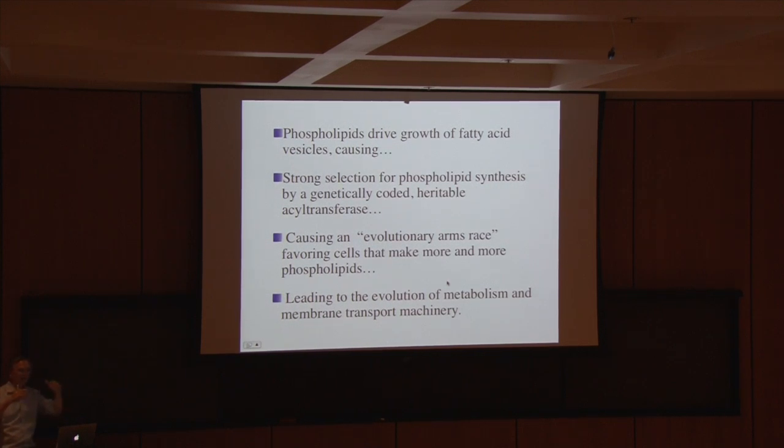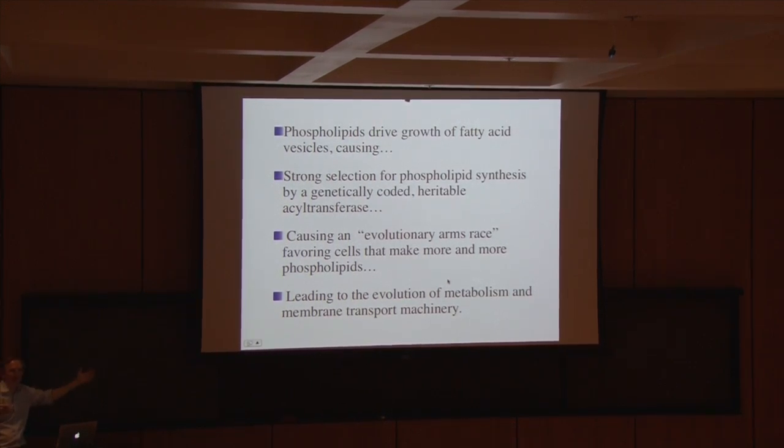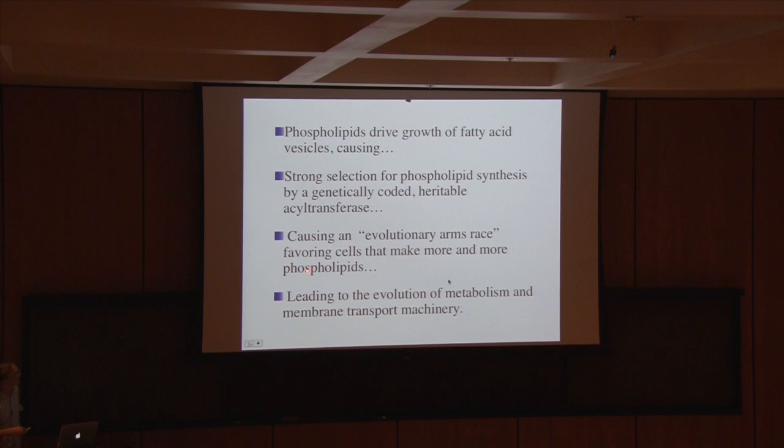Because now, as soon as the cell that can make a little phospholipid takes over the population, then that mechanism doesn't work anymore, because now everybody's got phospholipid. But it turns out, experimentally, whoever makes more phospholipid wins. Right? So if you make a bit more phospholipid than your neighbors, you can still grow essentially by eating them. And so that would drive a gradual increase, a transformation of the structure of the membrane from single chain